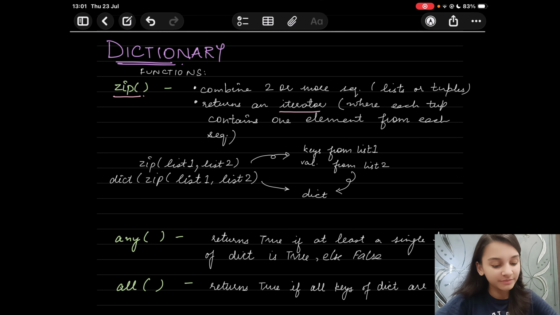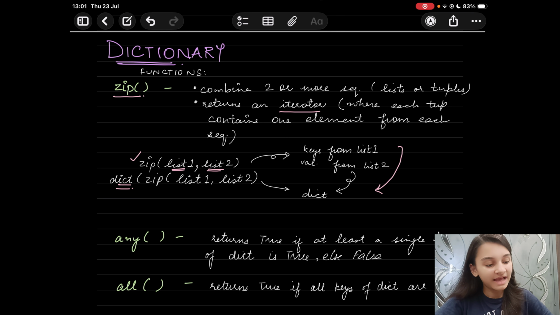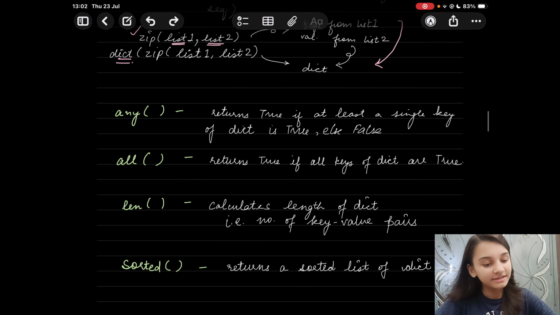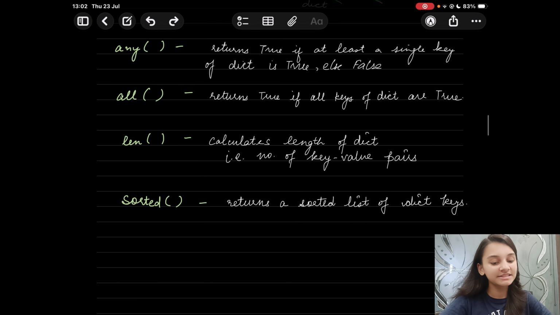So supposing we want to zip list 1 and list 2. Here the elements of list 1 will act as keys and the elements of list 2 will act as values, and we'll get a dictionary on typecasting it, right? Next we have any. So any returns true if at least a single key of the dictionary is true, else false.